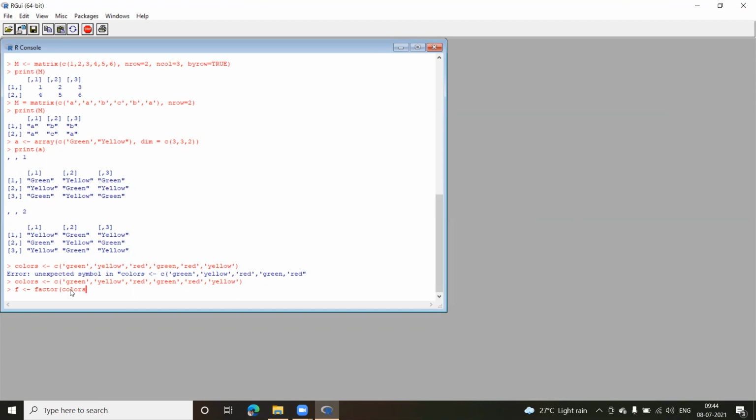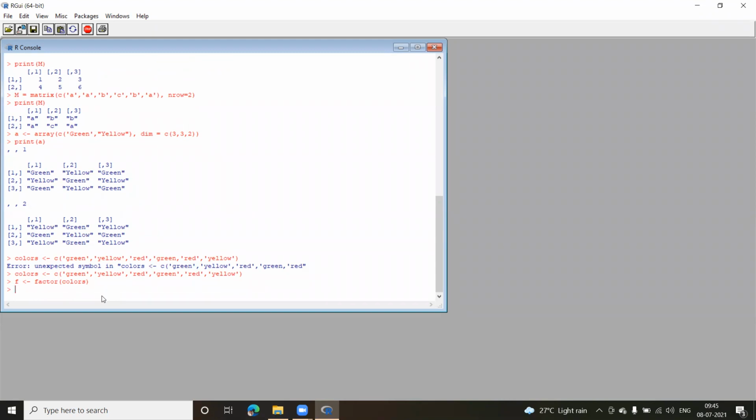I could have also written the whole statement, c with all these values, inside this factor function. Even that is possible, but just to show you in a different way, I have created the vector first. After creating the vector, I have passed it to the factor function. Complete the round bracket.